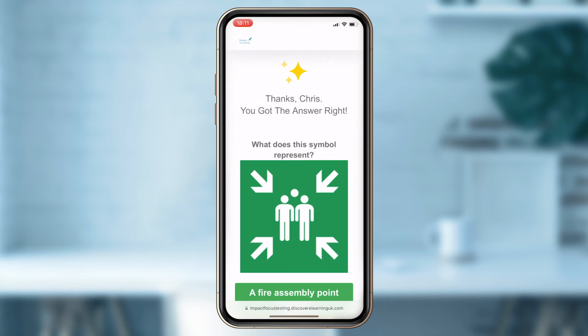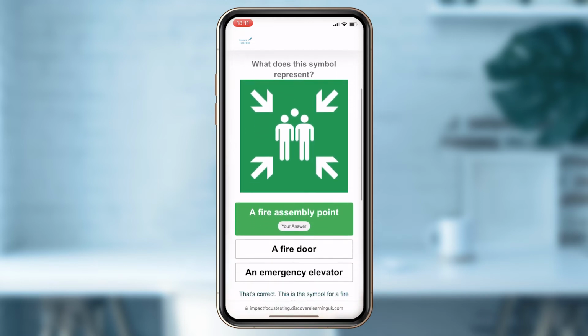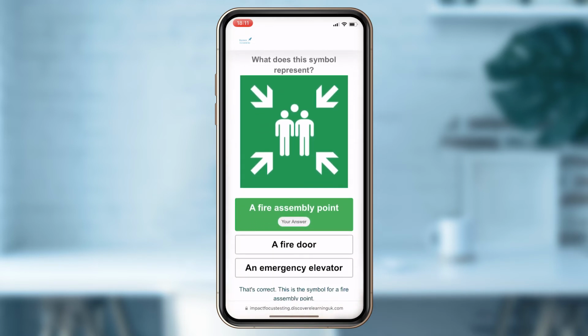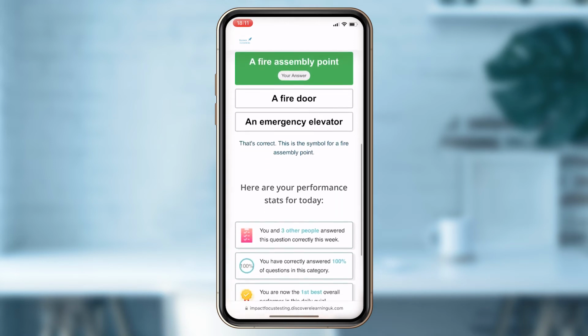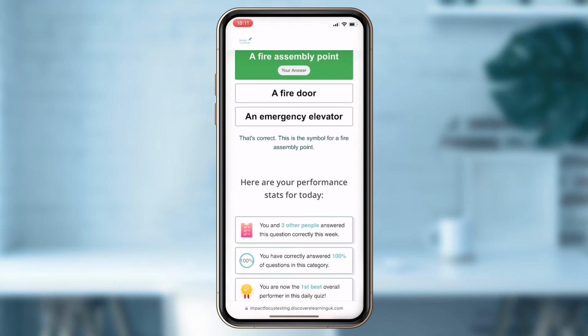at which point the WordPress site address is automatically loaded in the user's browser, which opens up a feedback screen containing information on the question and answer that I just gave. As you can see, this includes details on whether I answered the question correctly, along with the custom feedback that I had written specifically for this question.